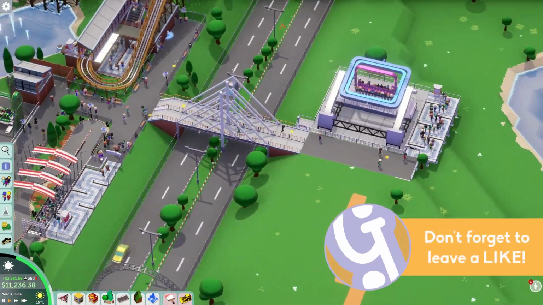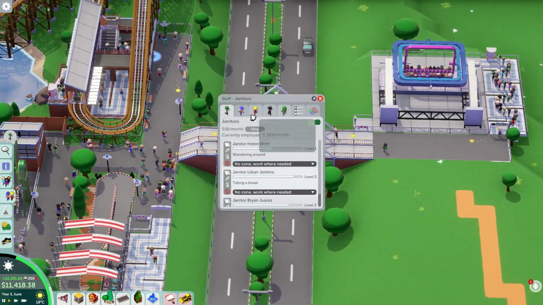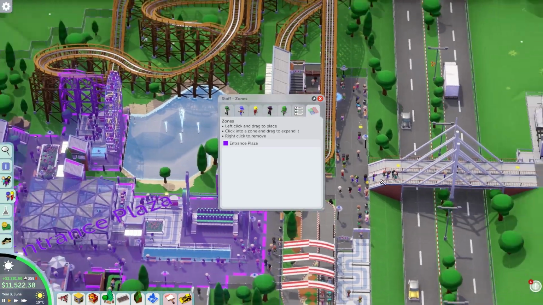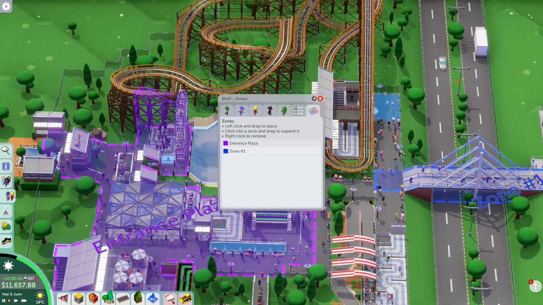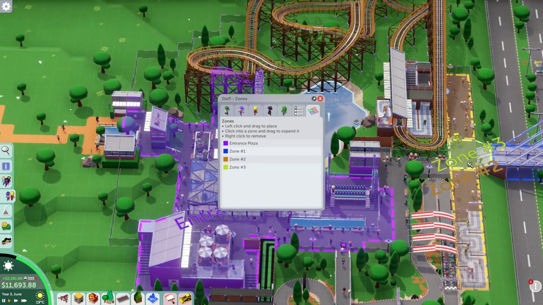A little bit of caretaking before we really crack on. First of all, I want to get a new janitor over here, and also I'm going to give him somewhere to work, because this entrance plaza is all fine and dandy, but I actually want somebody to cover the bridge and all down here. Oh no, sorry, that was all...